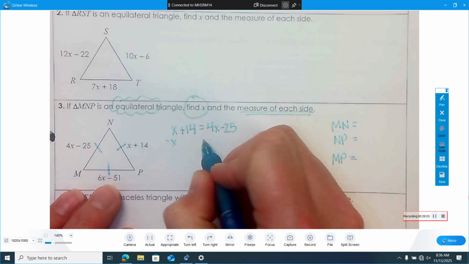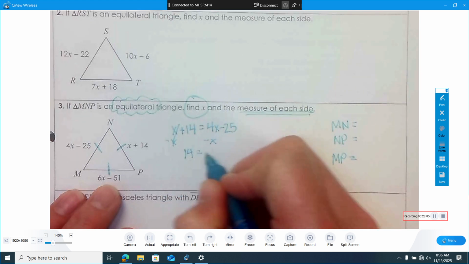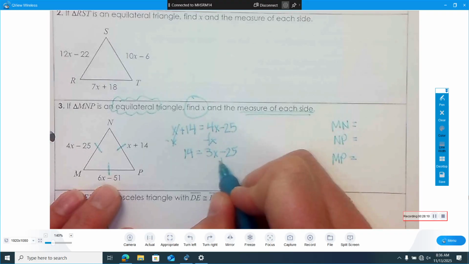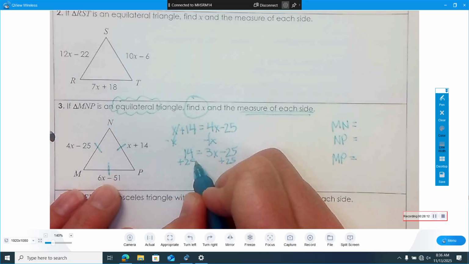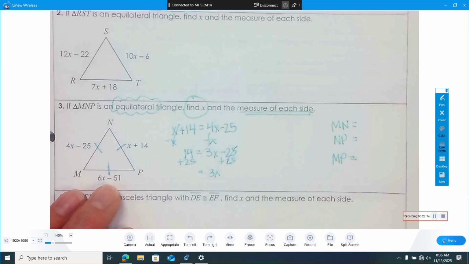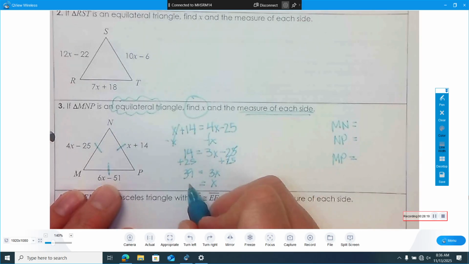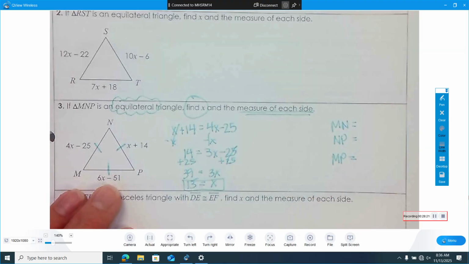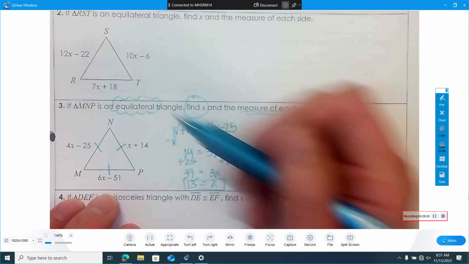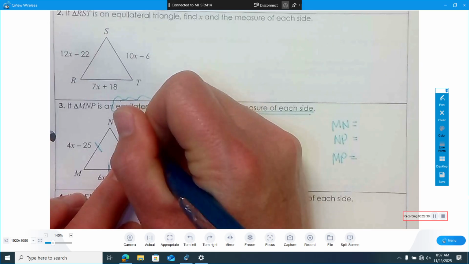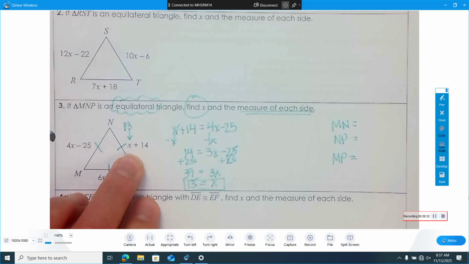All right, minus x, so we get 14 equals 4x minus 1x is 3x, and you said add 25, so we're going to add 25. So I get 3x equals 39, which means x equals 13. Good. All right, and just like before, if we want to figure out the length of the side, then I need to plug it in. So go back to our side and plug in 13. And 13 plus 14 is